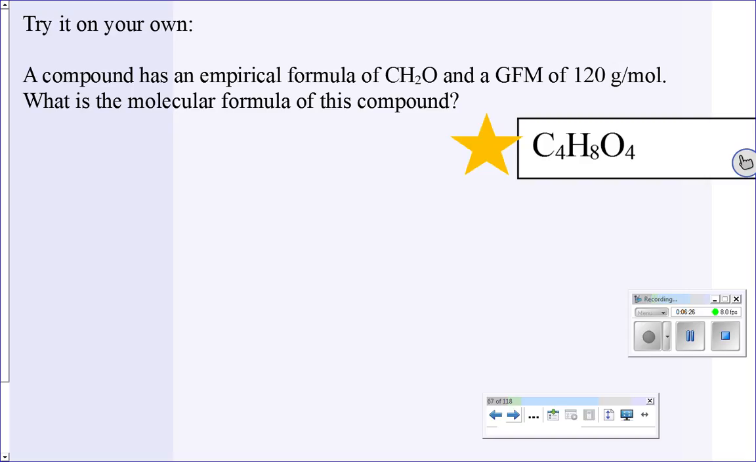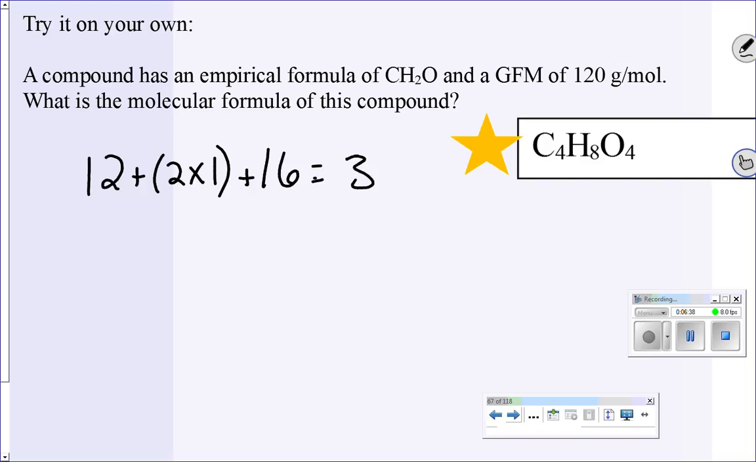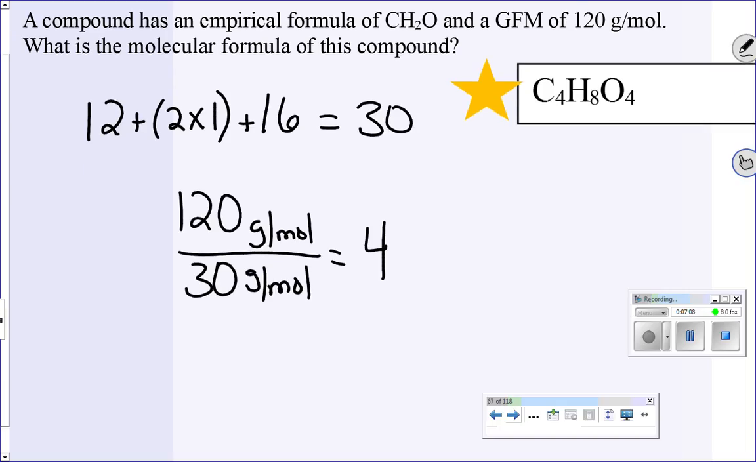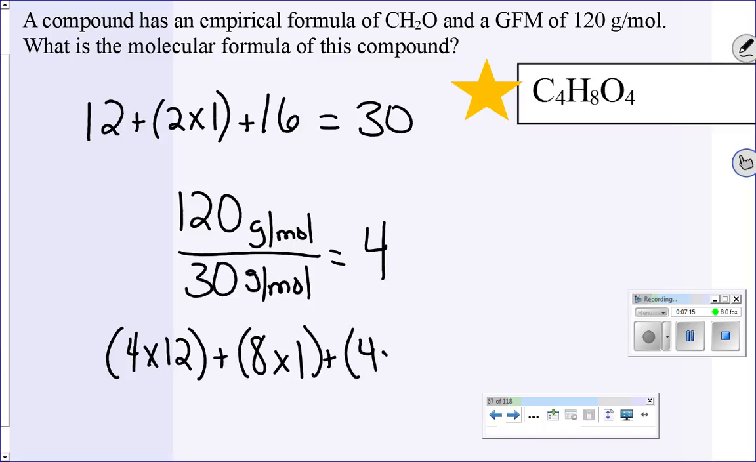So you should have gotten C4H8O4. Your first step, you have 12 for carbon, plus 2 for hydrogen, times 1 each, plus our 1 oxygen at 16, which gave you 30 grams per mole. Our actual gram formula mass from the problem is 120 grams per mole, divided by that 30 grams per mole from just our empirical formula, tells us that we are going to multiply everything by 4. So since you started with C1H2O, you end up with C4H8O4. To do your check on this one, 4 carbons times 12, plus 8 hydrogens times 1, plus 4 oxygens times 16, should indeed add up to